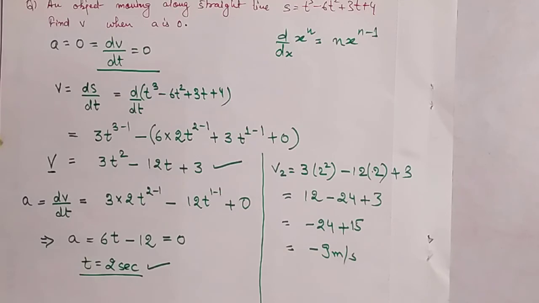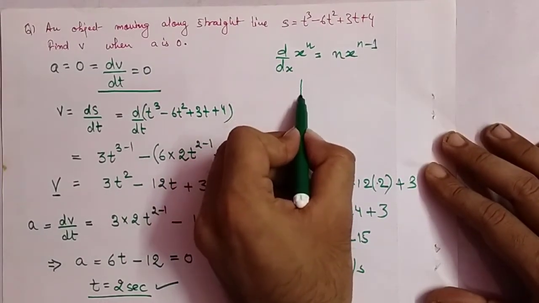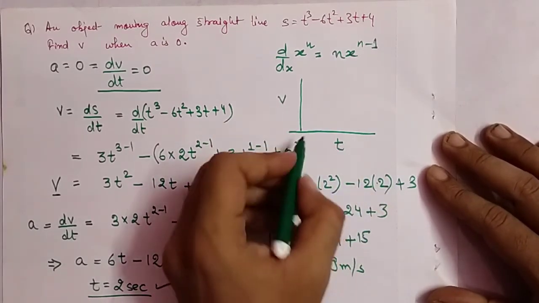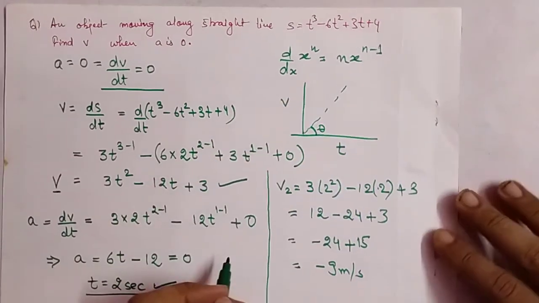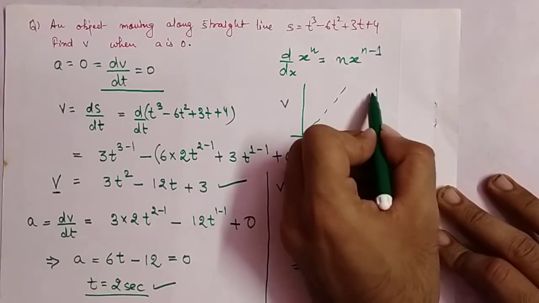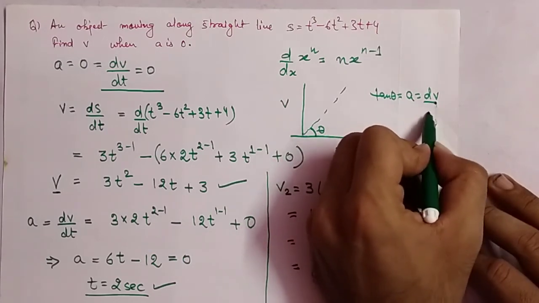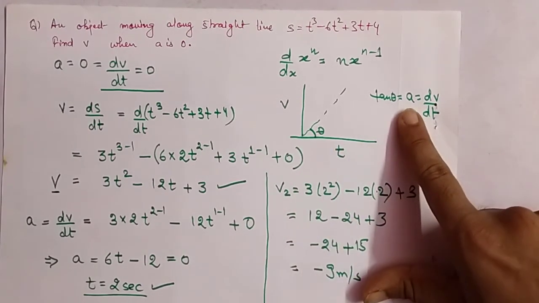So as I told you, your velocity will be either maximum or minimum if your acceleration, or slope of the velocity time graph, becomes 0. Let us understand with the graph what is the meaning of that. For example, if this is the vt graph, and I draw a straight line, the slope theta, what is the slope that is given between v and t, is tan theta, given as the acceleration, because acceleration is change in dv upon dt. So that means if there is a slope theta, that means acceleration exists.